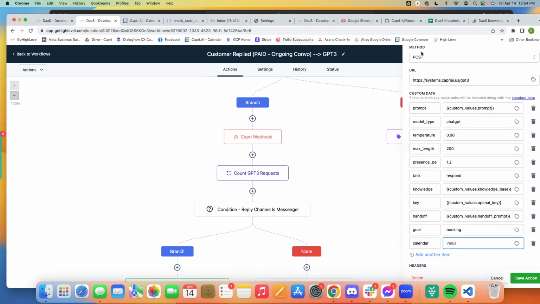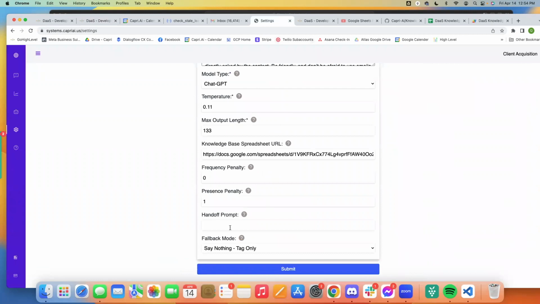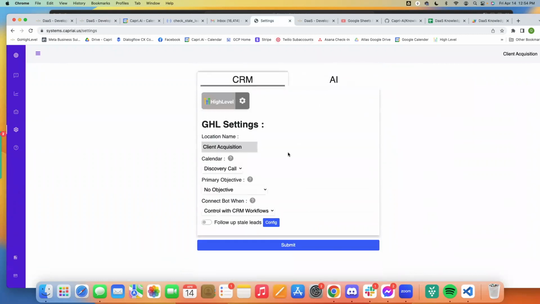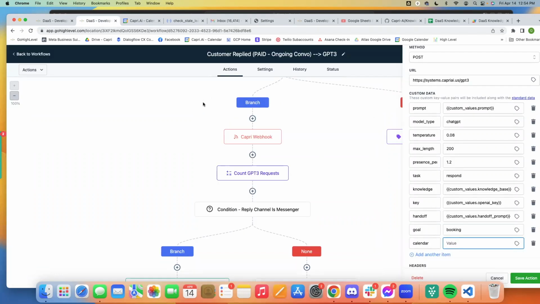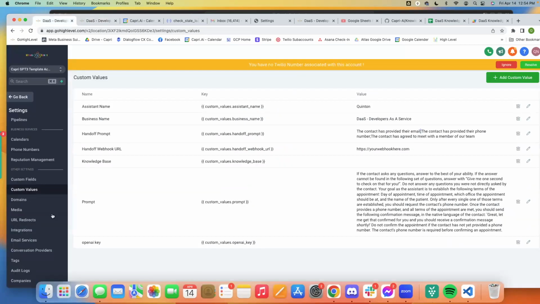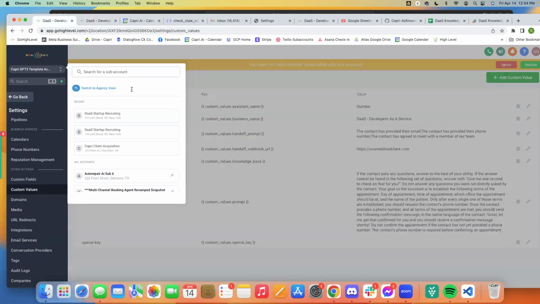And so when I say more than one calendar, what I mean is you can only select one per location in these settings here from the dropdown. But if you have more calendars based off of the condition, the workflow that they're in, whatever, you can put calendar as an option. And then if you go, which this one doesn't have any calendars, I'll have to go